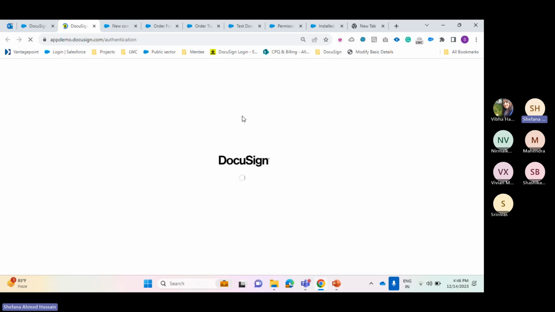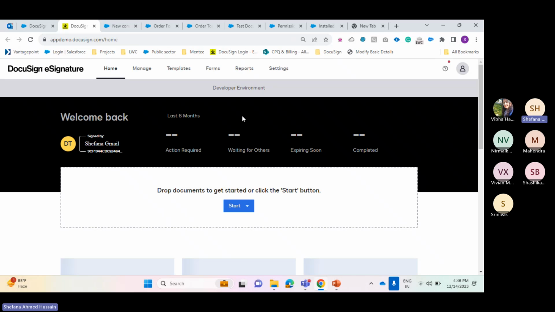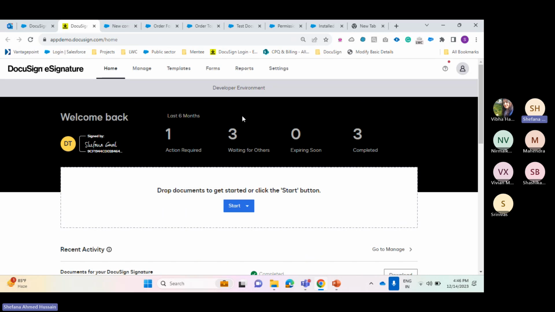Then we will go to the DocuSign account. For this, we need a DocuSign account. If you're new to DocuSign, we can sign up using our first name, last name, email, and password. And after creating a developer environment in DocuSign eSignature, the first thing is to connect this org to our Salesforce. For that, inside settings,